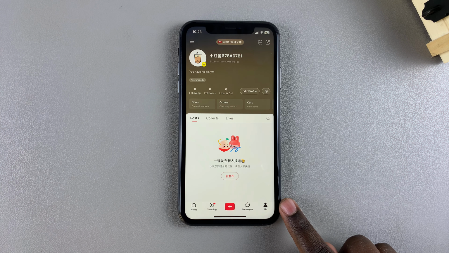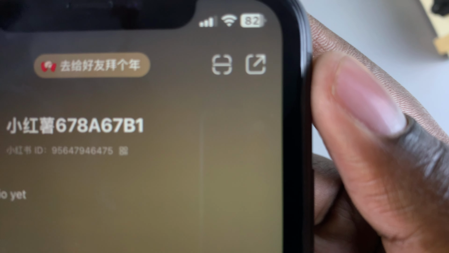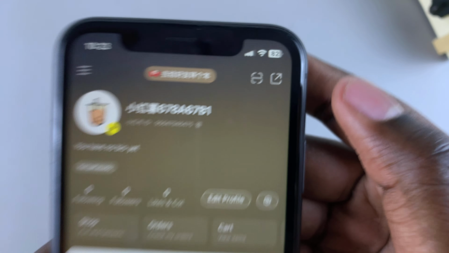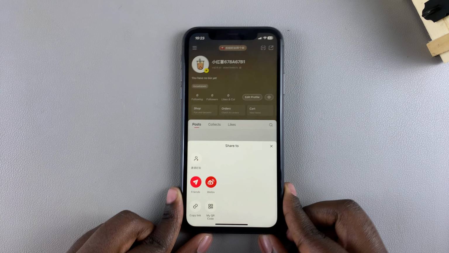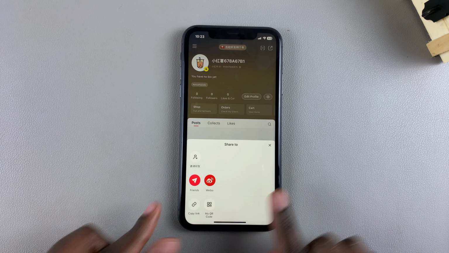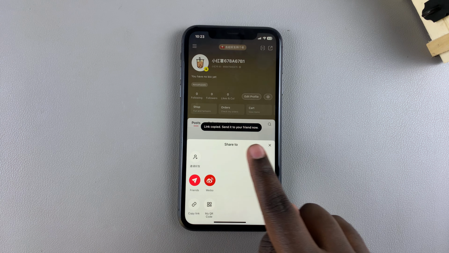And then once you've selected Me, at the top, you should see this share icon next to the scan QR code icon. So you want to tap on that share icon, and then this will open this options menu at the bottom labeled Share To. At the options menu, you want to select Copy Link, like that, and then the link will be copied and